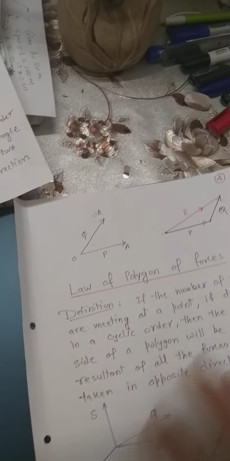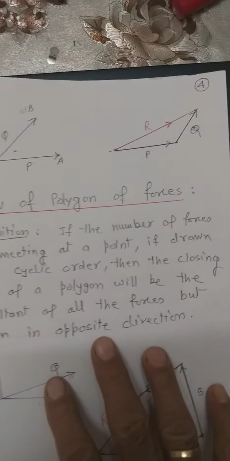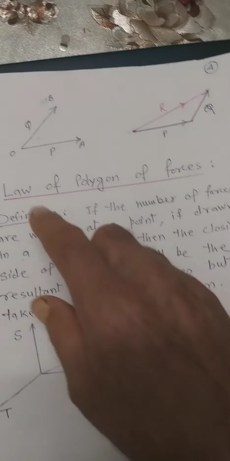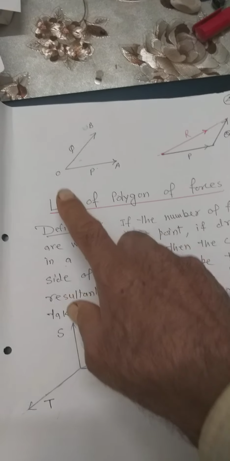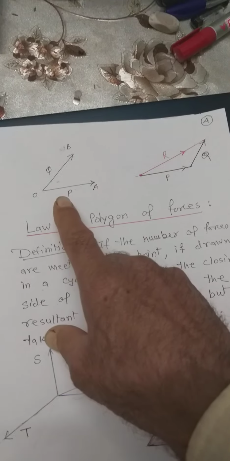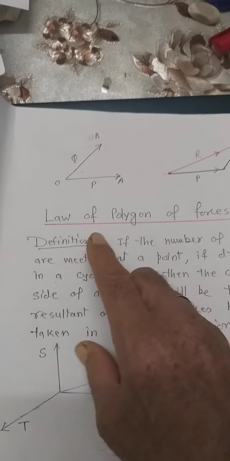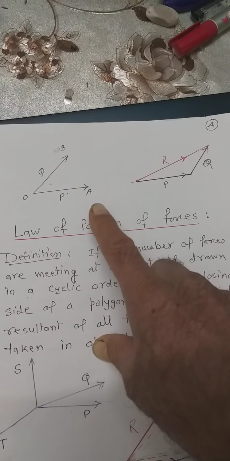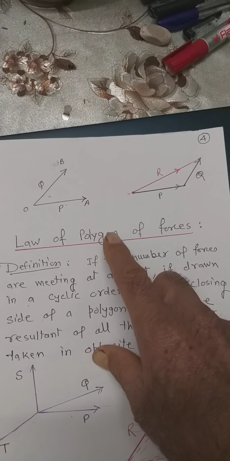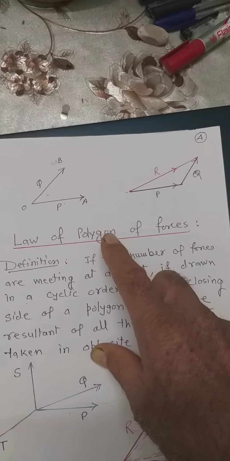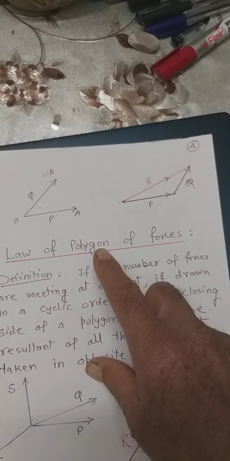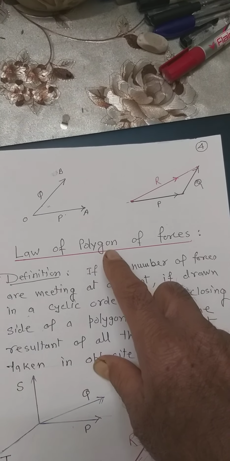Of course, I will show you a slide showing how we are talking about the law of triangle of forces. Just see, these are P and Q. They are the two forces, maybe acting at any angle. Here I am not giving any angle so far. If they are acting at some angle theta, then how do we find the resultant? By using the law of triangle of forces.